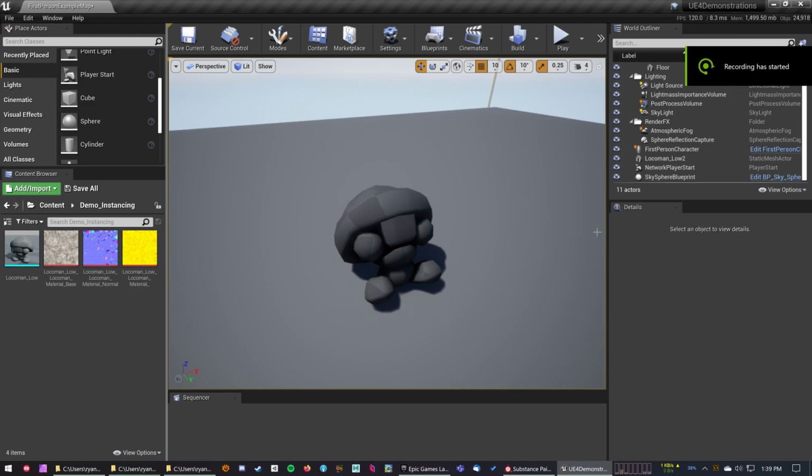Hey there. This is going to be a short tutorial on how to use material instancing in Unreal. What is material instancing? Material instancing is instead of creating a new set of shaders and materials for materials that